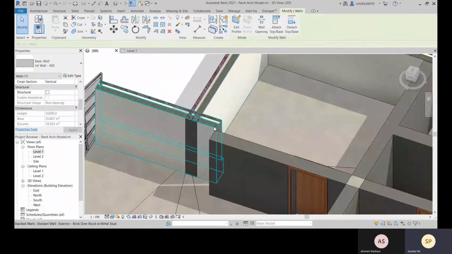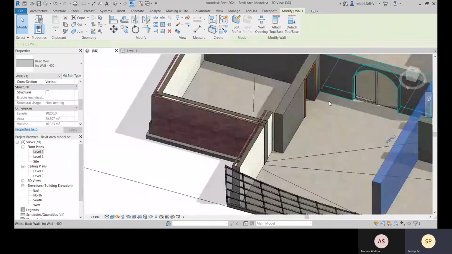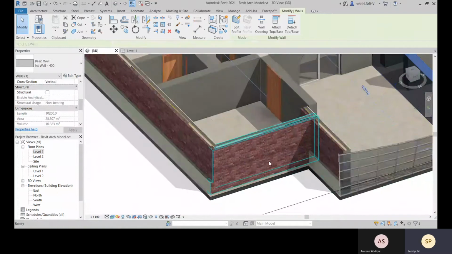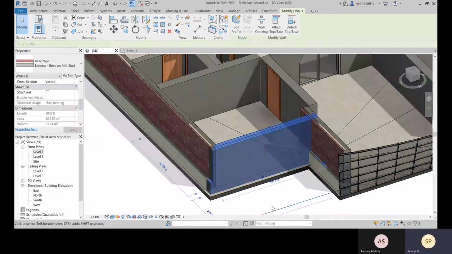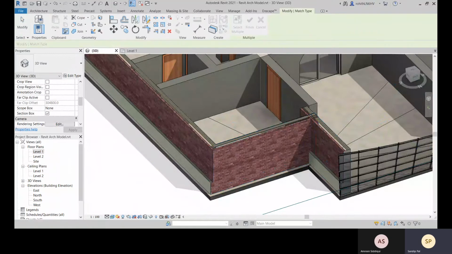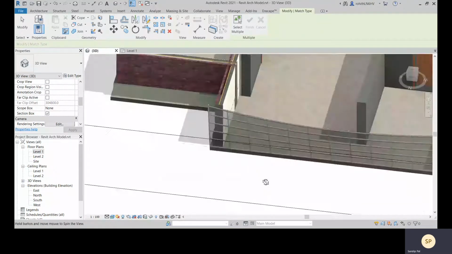So I have changed these walls. I think I have changed this wall and this wall, I guess. So let me bring it back. Match properties, select this and select this. Now it's fine.